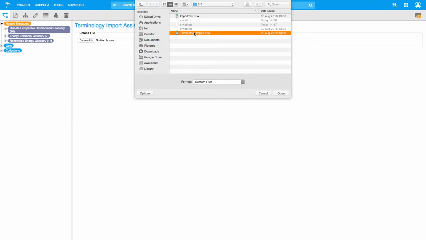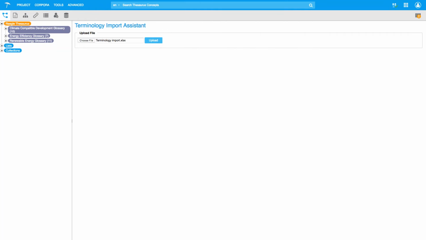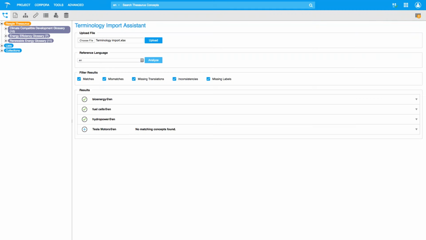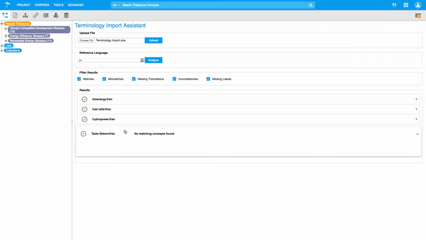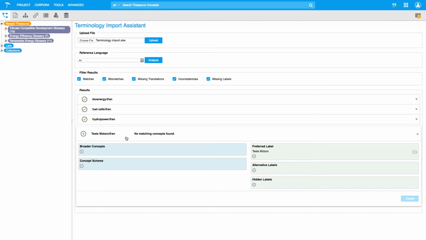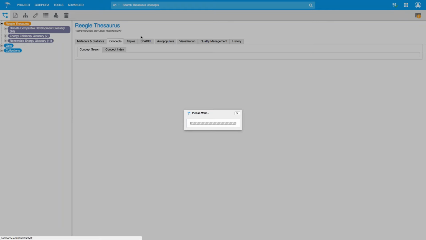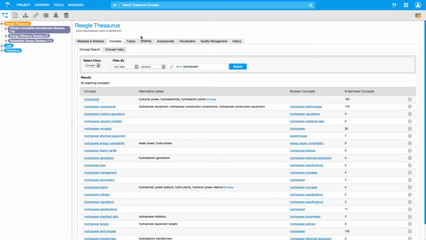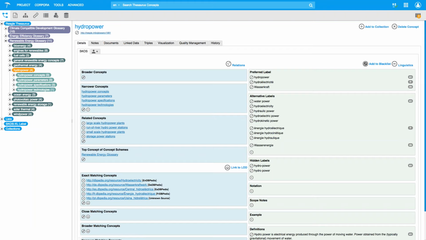And what happens is those files are checked against the taxonomy or the thesaurus as a terminology base. So when I do this analysis, I will find that Tesla Motors is a new thing that is not part of the taxonomy yet. So let's go back to, for example, hydropower, so I can show you other features that can be done that way. Let's say for hydropower, which is Wasserkraft,